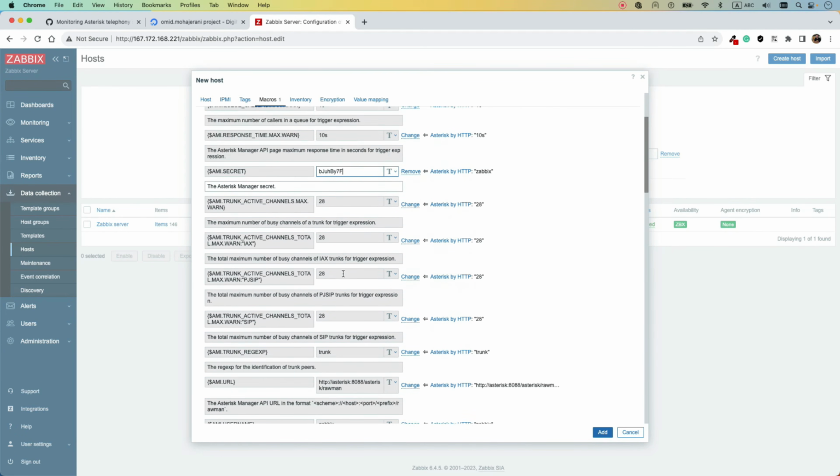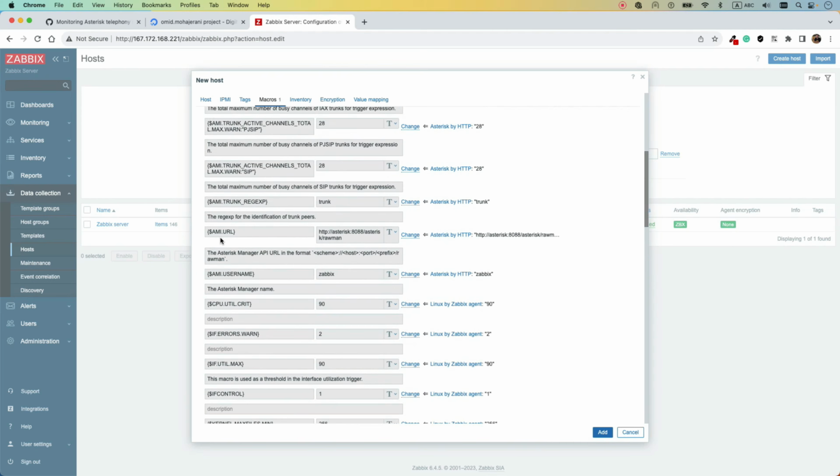And also another option that we need to set is the AMI URL. The AMI URL, as you can see, has a guide that you need to point to your Asterisk port 8088. This is the port that we have used for enabling the default HTTP server of the Asterisk. So just change it. You can still copy here